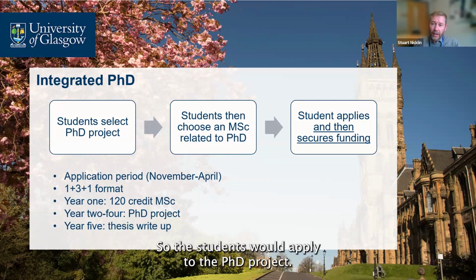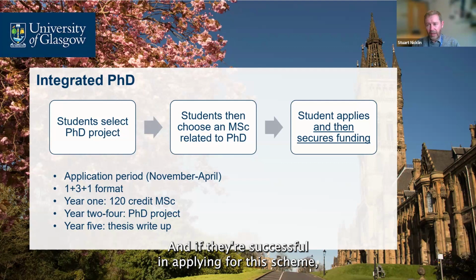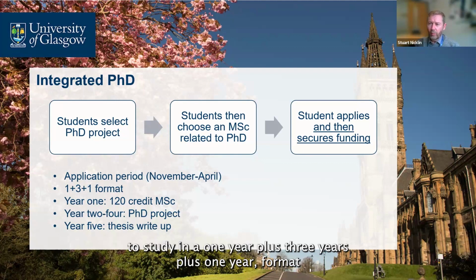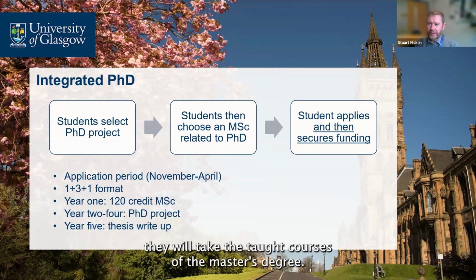So the students would apply to the PhD project. This would open up an opportunity to select a relevant master's degree. And if they're successful in applying for this scheme, the student would then secure their funding in order to undertake this degree. And this would essentially mean that the student arrives and would study in a 1 year plus 3 years plus 1 year format. So in the first year of study, they will take the taught courses of the master's degree,